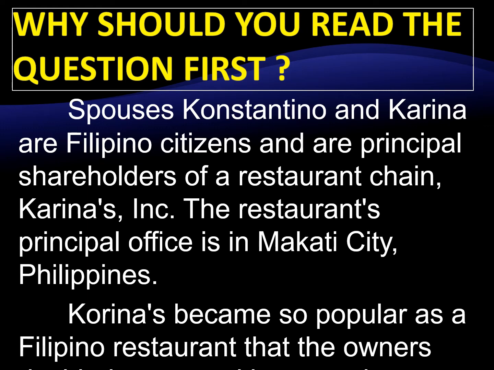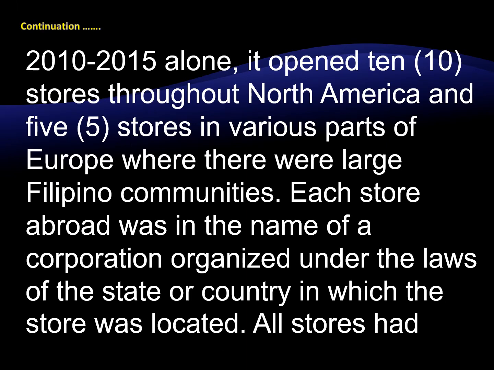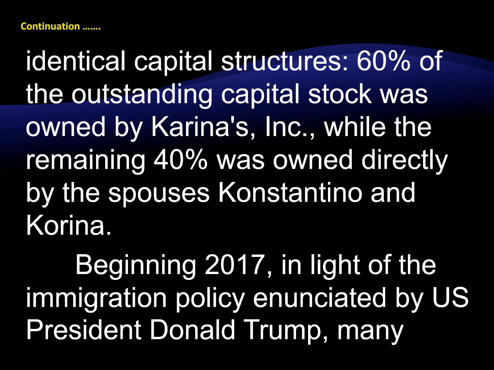Spouses Constantino and Karina are Filipino citizens and are principal shareholders of a restaurant chain, Karina's Inc. The restaurant's principal office is in Makati City, Philippines. Karina's became so popular as a Philippine restaurant that in 2020 alone, it opened 10 stores throughout North America and 5 stores in various parts of Europe, where there were large Filipino communities. Each store abroad was in the name of a corporation organized under the laws of the state or country in which the store was located. All stores had identical capital structures. 60% of the outstanding shares was owned by Karina Incorporated, while the remaining 40% was owned directly by the spouses,